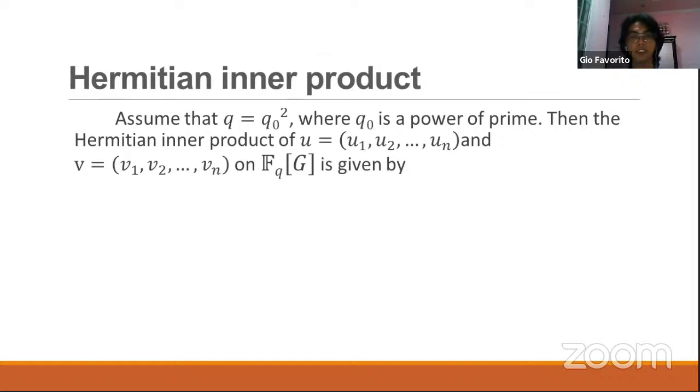So, yung dito sa paper kasi na to, ang focus natin is Hermitian. So, ang assumption natin dito is dapat yung Q is equal to Q sub 0 squared, where Q sub 0 is a power of prime, then the Hermitian inner product of U, so U1, U2 hanggang U sub n,